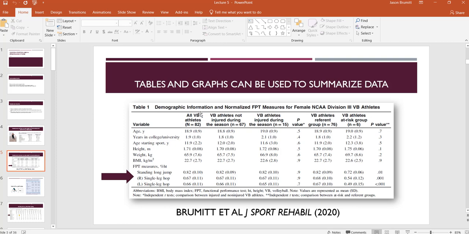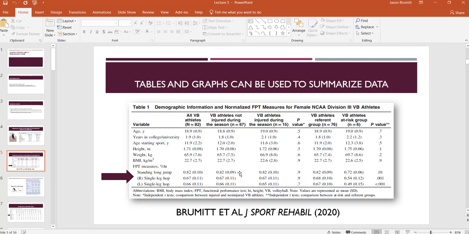So here are the volleyball athletes, all 82 in the study. You get an idea about their demographic information as well as their functional performance test measures as a percentage of their height. Then we get a comparison of athletes who were not injured during the season versus athletes who were injured during the season. So interestingly, if we look at the injured versus not injured individuals, there was no difference